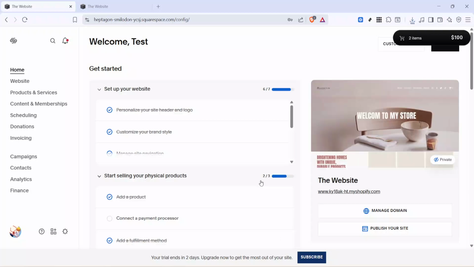In today's video, I'm going to teach you how to run test orders on Squarespace. This is a useful process when you want to make sure your store checkout is working properly before accepting real customer purchases. A test order lets you experience the shopping flow the same way a customer would, so you can confirm that products can be added to the cart, the checkout page loads correctly, and your store is set up